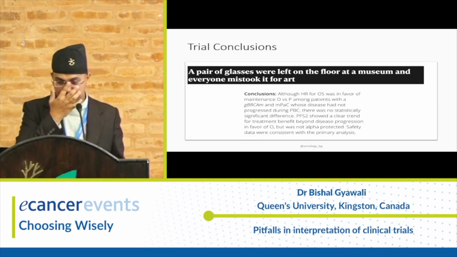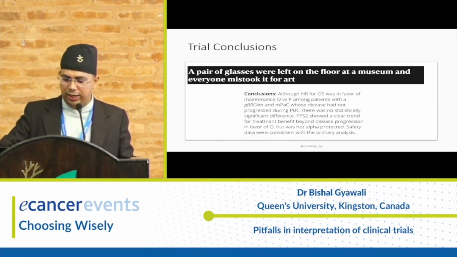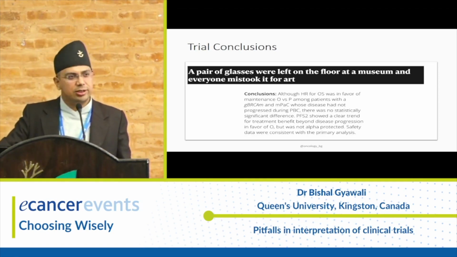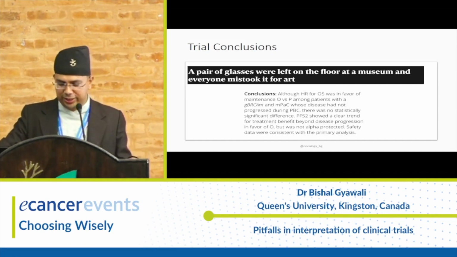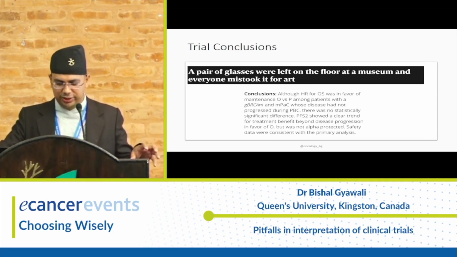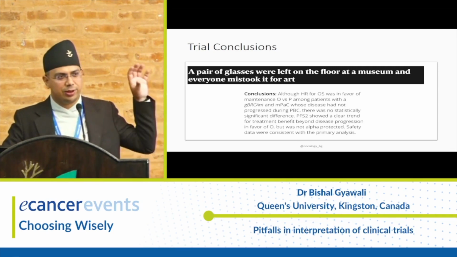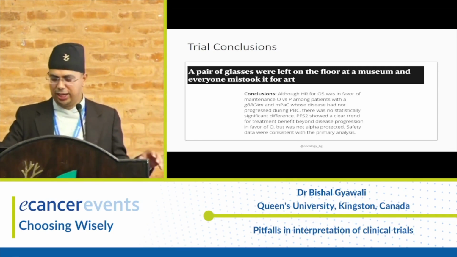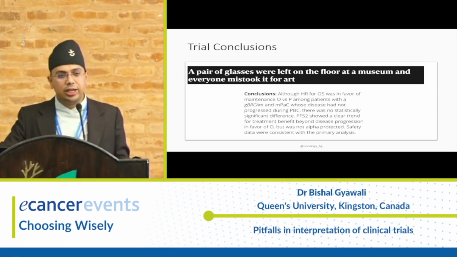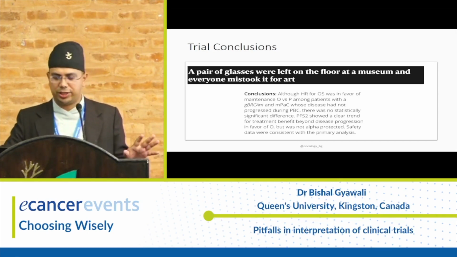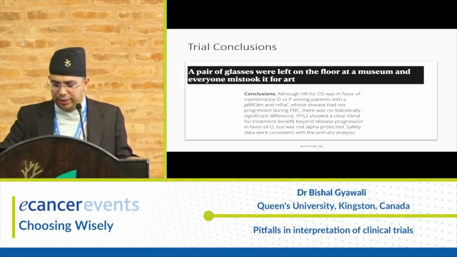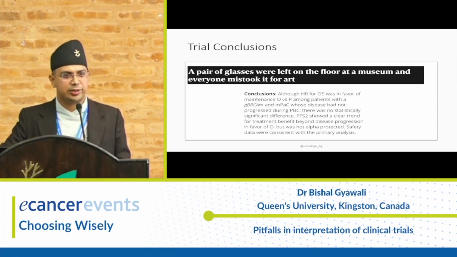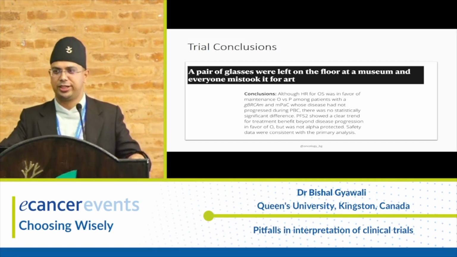So I'll show you an example. This is the conclusion of one of the trials, and you can look how much bias there is. Now you might or might not understand these nuances, but it says, although survival was in favor of our drug versus placebo among this group of patients, if they say although, then you should think that there is something fishy. They are going to cover it up. There was no statistically significant difference. So that means actually it was not a difference, but they are saying there was actually benefit.